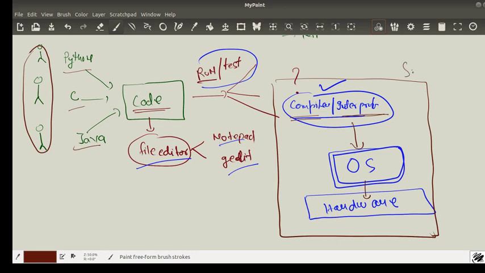So this is your complete setup, right? I hope you agree on the point, whatever I have just written on the whiteboard. Just say yes. So your answer is perfectly correct. You need either a compiler or an interpreter, but a compiler or interpreter is nothing without an operating system, and an operating system is nothing without